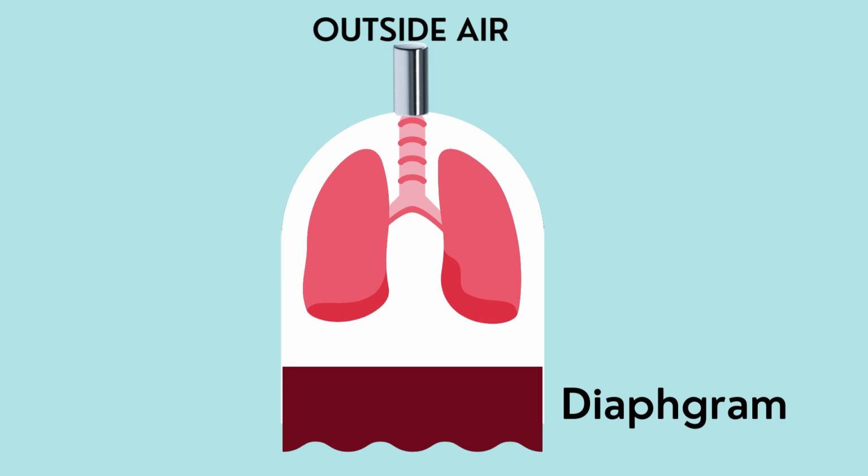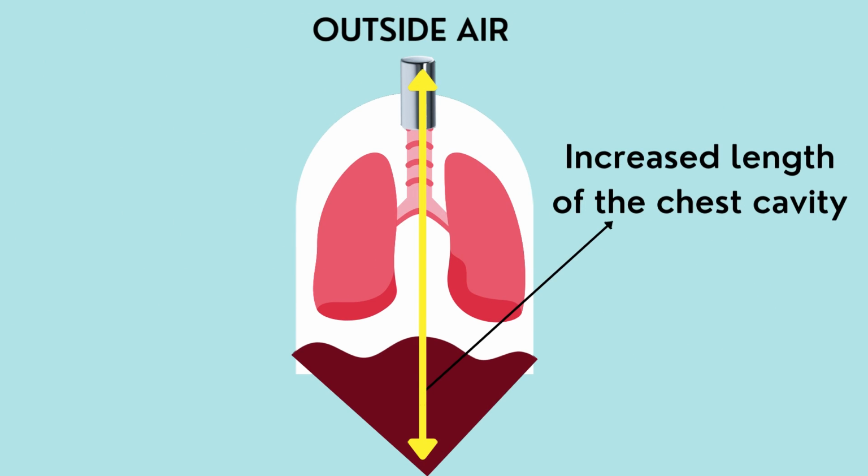This is a simple diagram that I made to help you better understand the mechanics. As we can see, the white domed structure is the chest cavity. These are the lungs and the trachea, all connecting to the outside air, and below is the brownish structure, the diaphragm. Normally this is the diaphragm in its resting state, and this is the normal length of the chest cavity. But when we take a breath in, our diaphragm contracts and moves down, and the length of the chest cavity is now increased. So the negative pressure is created, and it is going to equilibrate by pulling air from the atmosphere inside.